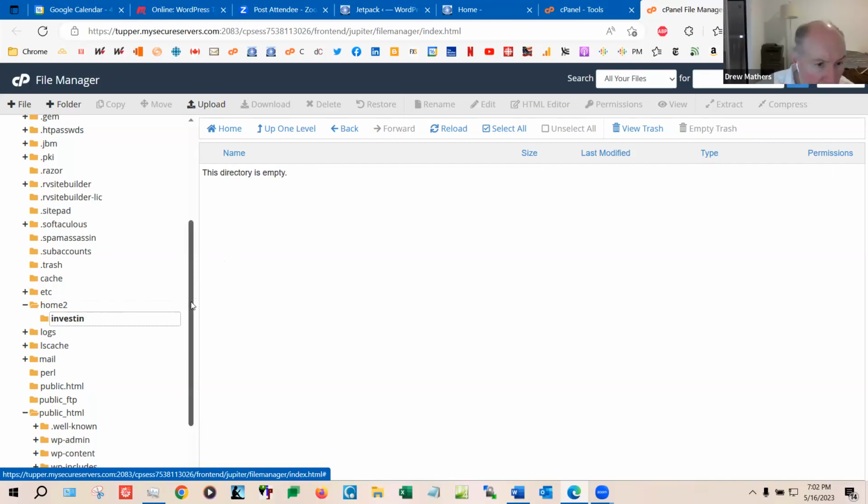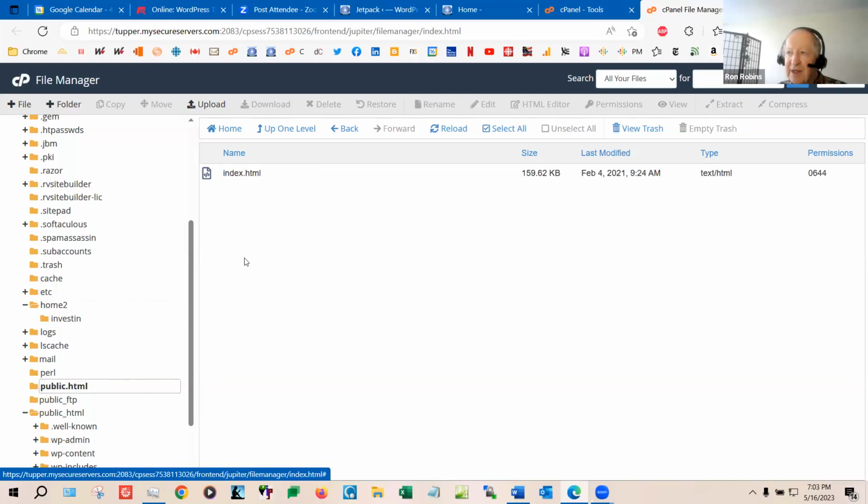Yeah, I noticed there's also a public.html above it. Yeah, I think it was done by mistake. That's an old one, should be deleted, I guess. Okay. Ron, you could make a note to ask the fellow who's helping to look at the file system specifically for what Drew's talking about, and just put it to him: is it possible that we've duplicated the site inadvertently, and I'm editing one site, but it's the other site that's displaying?